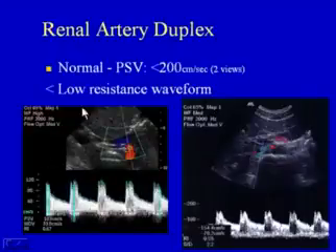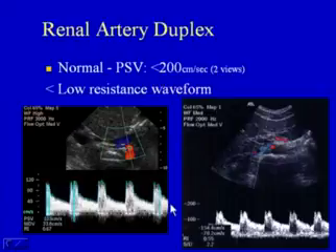Here's a normal patient. The PSV is less than 200 centimeters a second. The waveform shows decreased pulsatility throughout. And this is right at the origin of the renal artery. As we move to the mid-renal artery, we see a PSV of 154. Again, the waveforms are a match, so we know that this is an essentially normal renal artery up through the